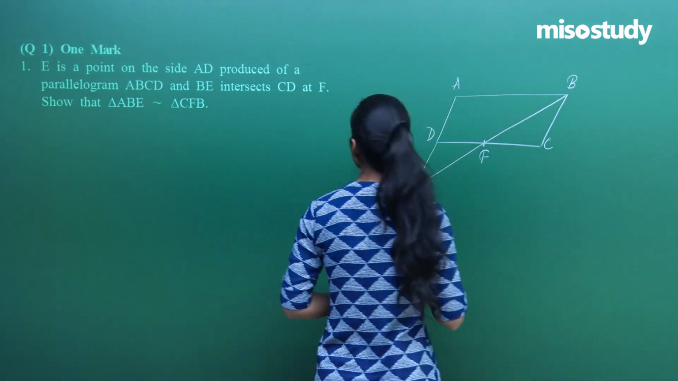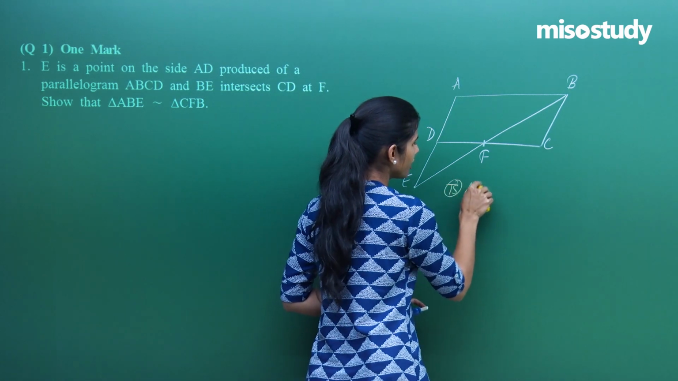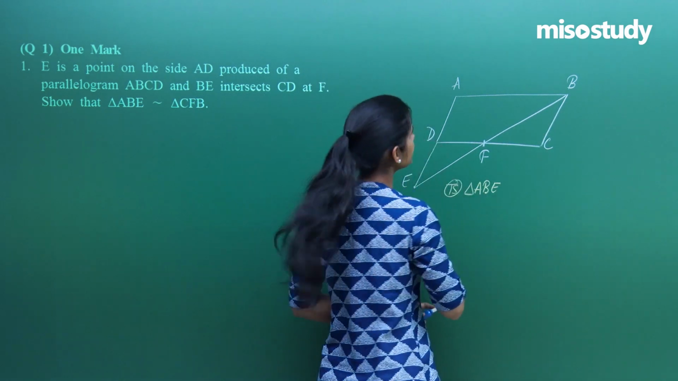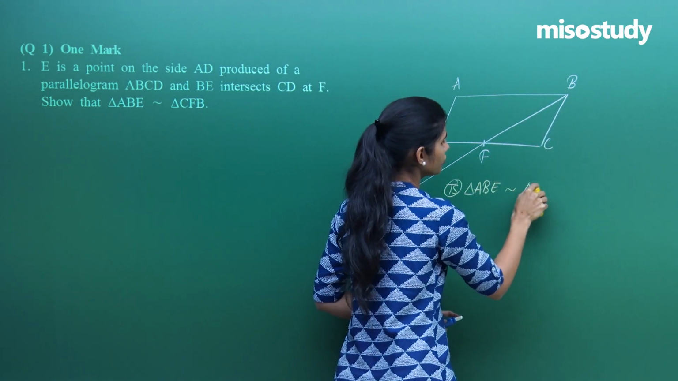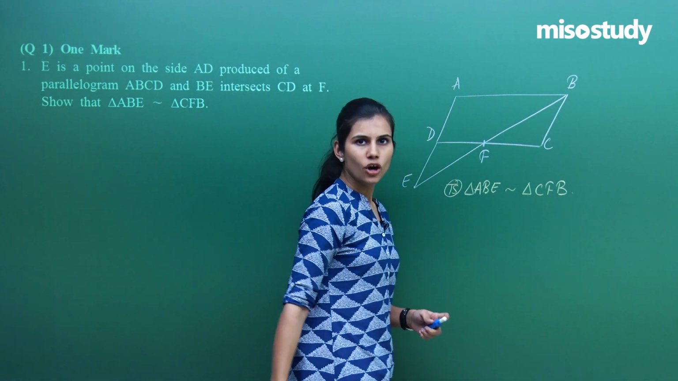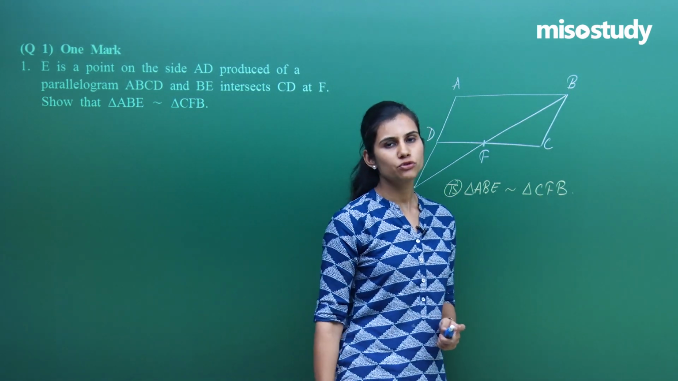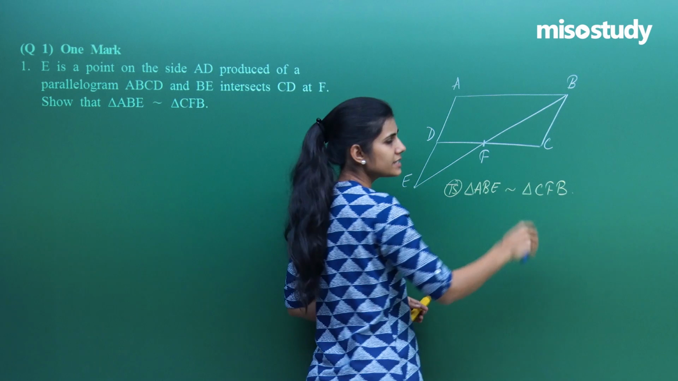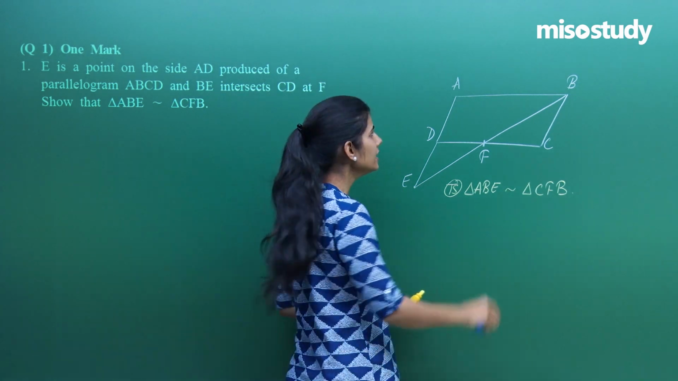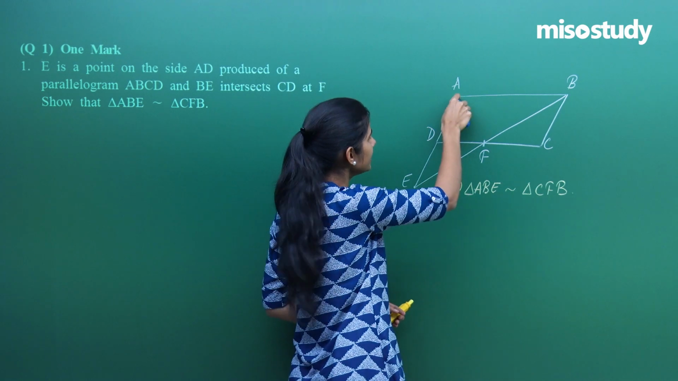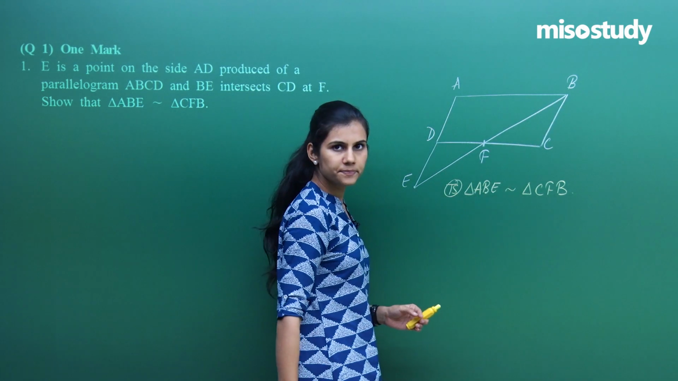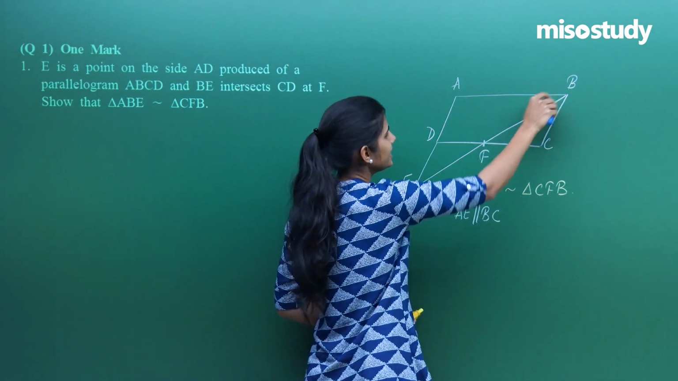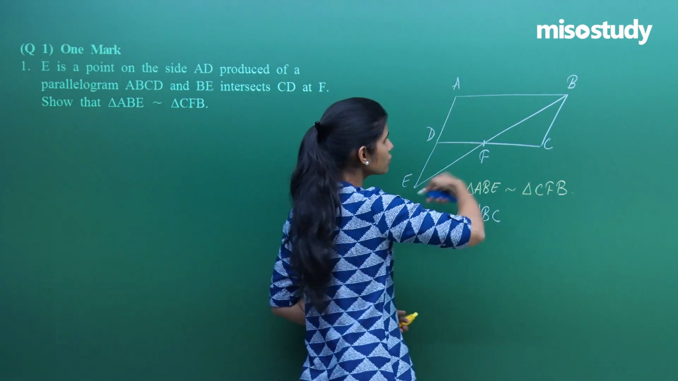I have to show triangle ABE, this bigger triangle, is similar to triangle CFB. All the criteria of proving two triangles to be similar should be at your fingertips. Here, you know that AD is parallel to BC because it is a parallelogram, so opposite sides are parallel. I have produced AD to E, so obviously AE is also parallel to BC, right? AE is parallel to BC and therefore this line EB is acting as a transversal intersecting these two parallel lines